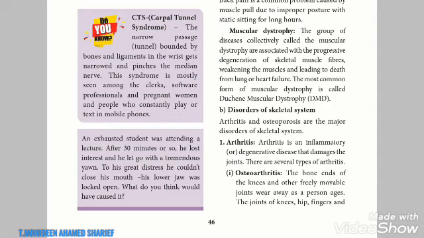Next you will see about the hinge joint which is present in the knee. Then ellipsoid joint is found between the radius and the carpal. So these are the basic things about the skeleton.